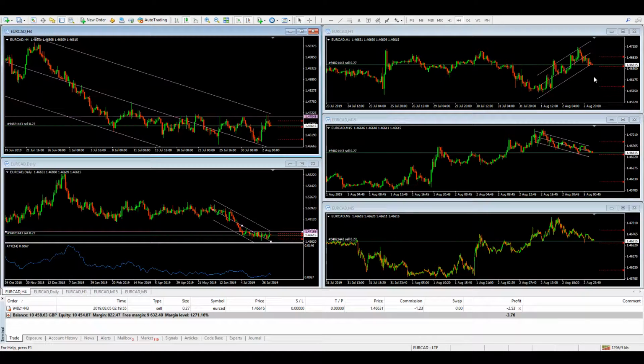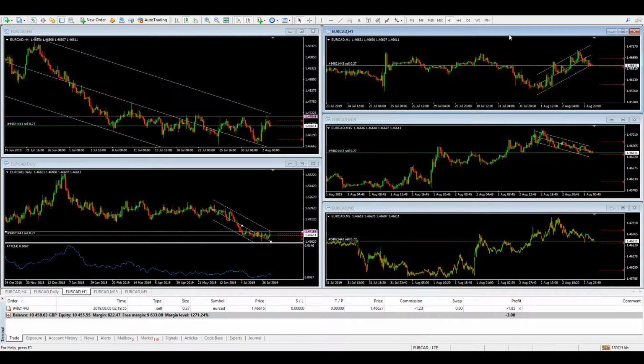And the thing that I did say, I gave some of the things that were good with this and some of the things that were bad. Good thing is on the daily, we've got some bearish movement. 4 hourly echoes daily, same chart effectively, just more contact points. Hourly is the problem on this one, which is why it's not ideal, but there's still enough context for me to take a short on this.